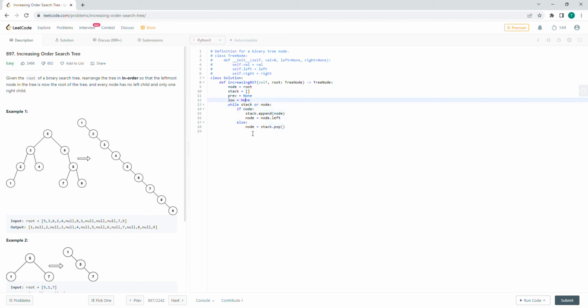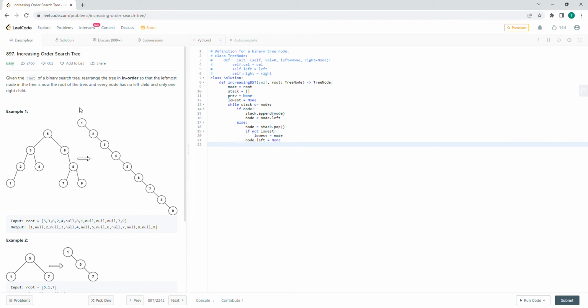Actually, I'm going to rename this to lowest. So if not lowest, then what we want to do is update lowest to be the node, and then we want to exit this if statement, and then we update node.left to be None,